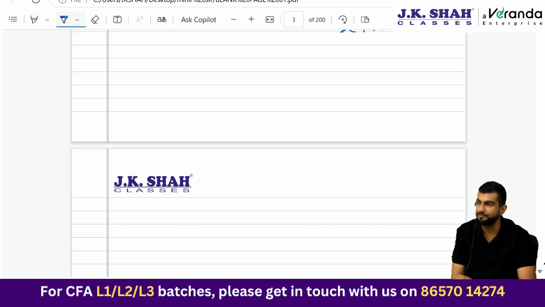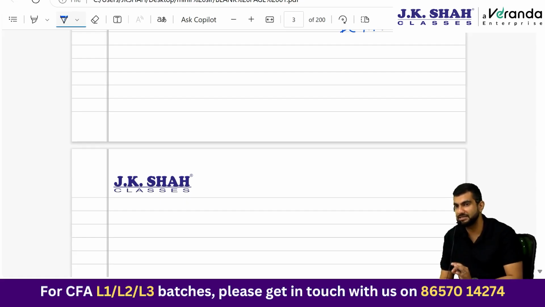Interest coverage ratio: EBIT upon interest. Here one thing we had specifically discussed: which interest to include? Only the one appearing in the P&L or also the capitalized interest? Also the capitalized interest has to be included in the denominator. Please be very careful about this. Then the fixed charge coverage ratio in solvency ratios: EBIT upon interest, your normal interest coverage ratio, plus in both numerator and denominator you add back the lease payments. I told you the logic of why we add back in both numerator and denominator. Okay, this was the fixed charge coverage ratio.